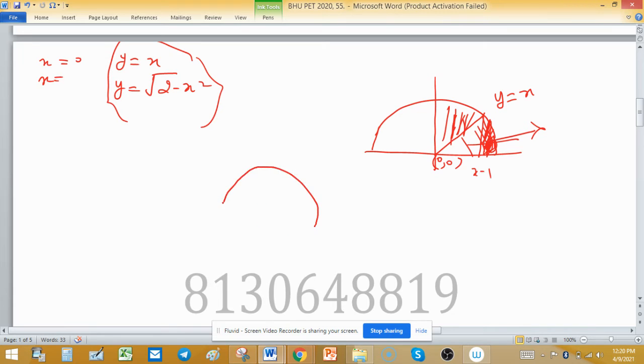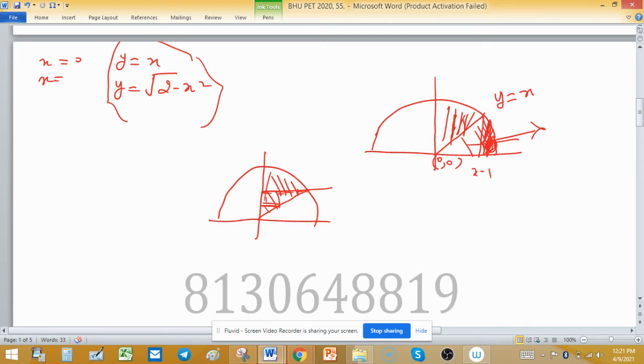I make another figure to clear the concept. This is the required region. Now we have to take integration over this region. So cut the area at this stage. So we have to take integration first with respect to x. So cut a strip along the x-axis, because when we take a strip along the x-axis, then the length of the strip